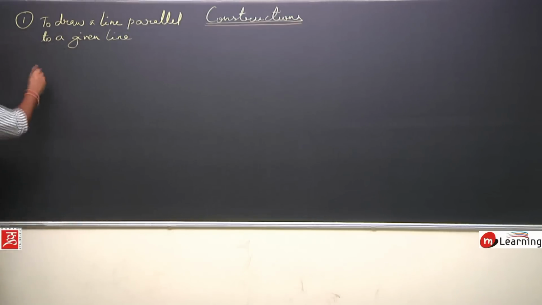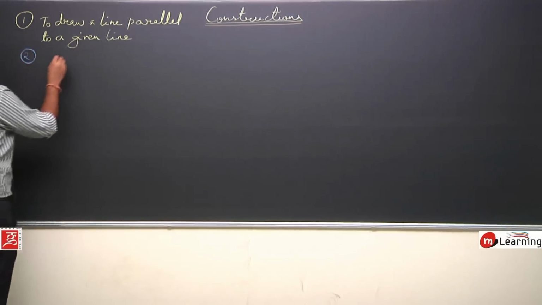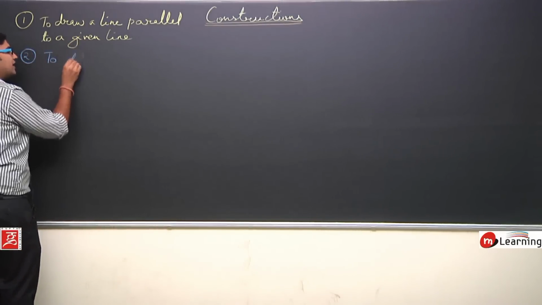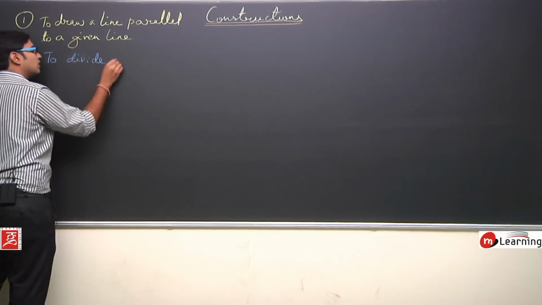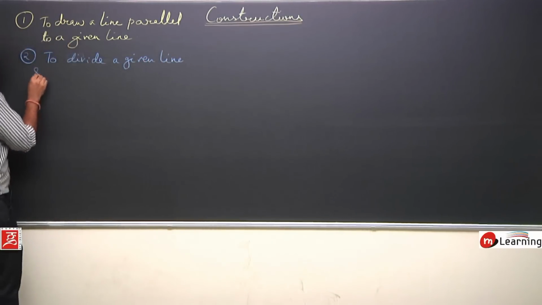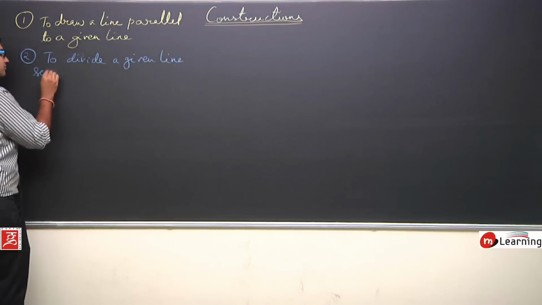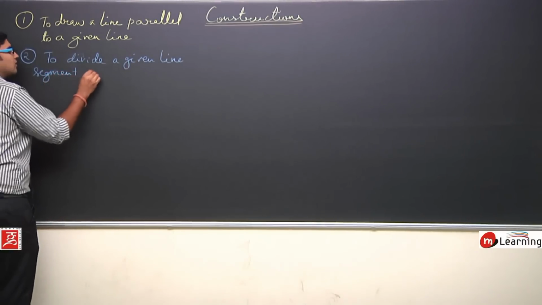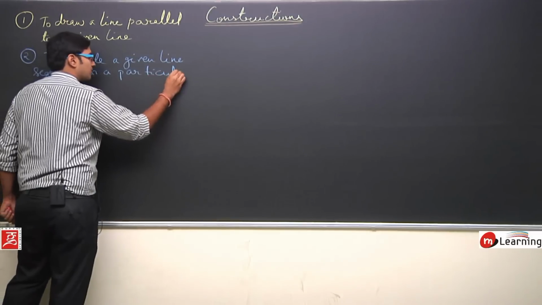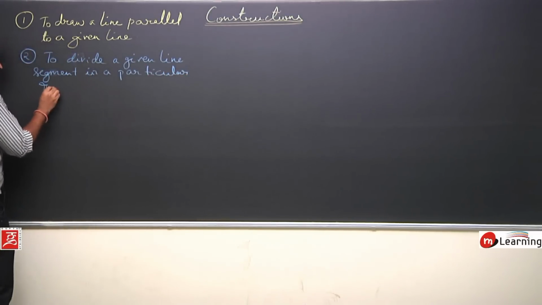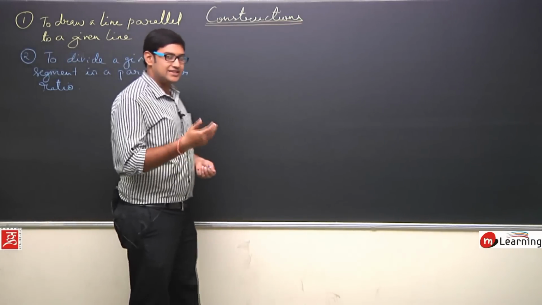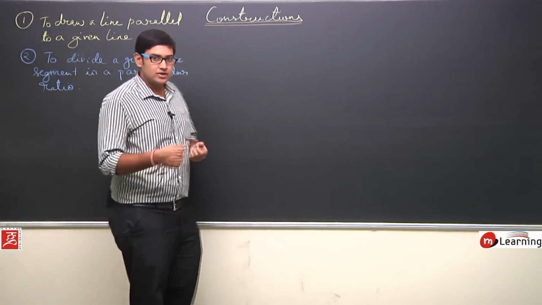Second thing in this chapter that we will learn about is to divide a given line segment in a particular ratio. This is the second thing that we need to understand. Third